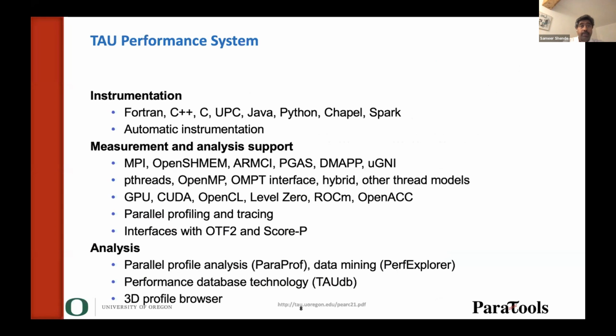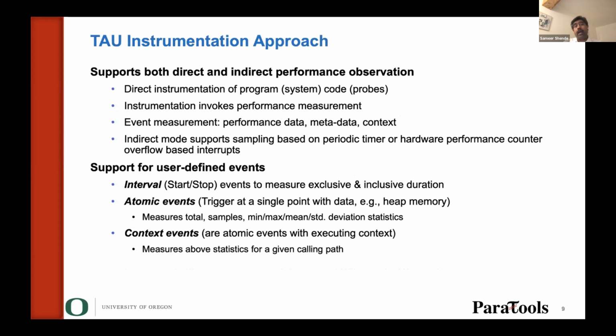And in the instrumentation phase, we support a number of different languages, including Fortran, C++, Python, and support automatic instrumentation. We also have measurement and analysis support for different runtimes, including MPI, OpenSHMEM, and pthreads, OpenMP. We use the OpenMP tools interface, and GPU runtimes, including CUDA, OpenCL, Level Zero for looking at Intel GPUs, DPC++, ROCm, OpenACC. We interface with other third-party libraries such as OTF2 and Score-P,